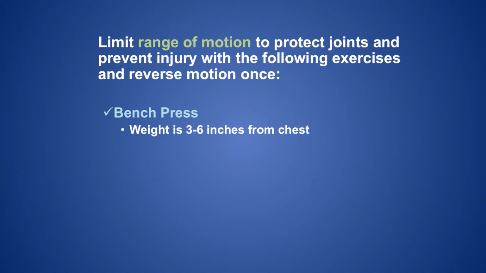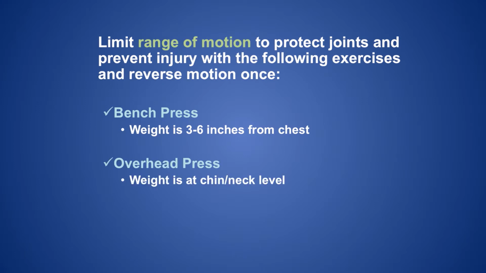Exercises such as the bench press and overhead press may not warrant a full range of motion. The shoulder joint is highly susceptible to injury due to the nature of this ball and socket joint, being able to move through all the planes of motion: the sagittal, the horizontal, and the frontal. For the bench press, it's justified not to bring the bar all the way down to the chest to uphold the integrity of the joint. Same with the overhead press. It's acceptable to stop the bar at neck or chin level to put less strain on the rotator cuff muscles